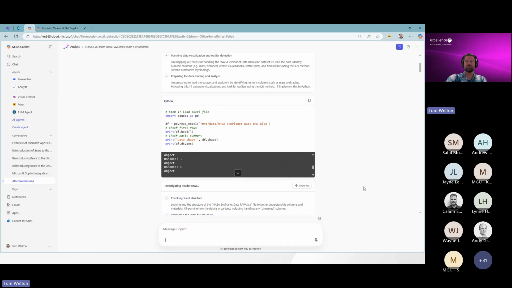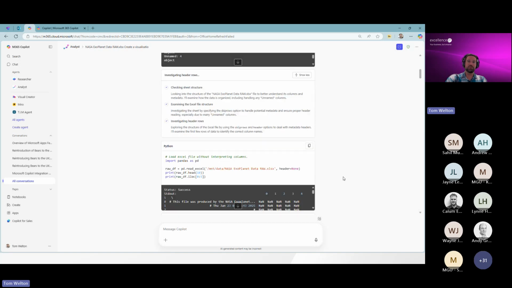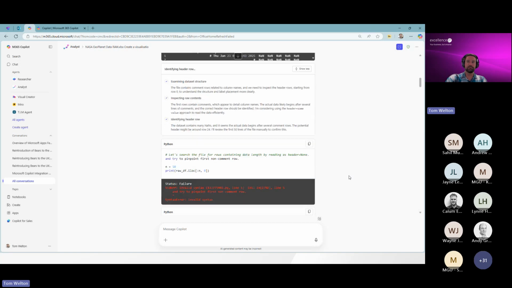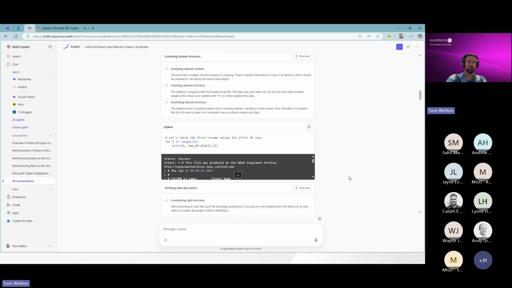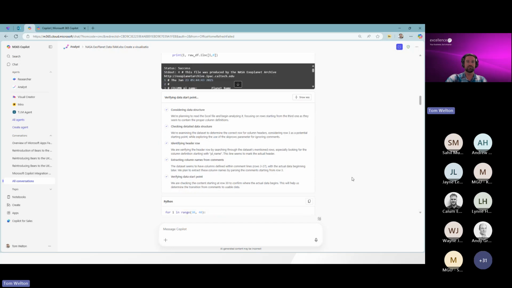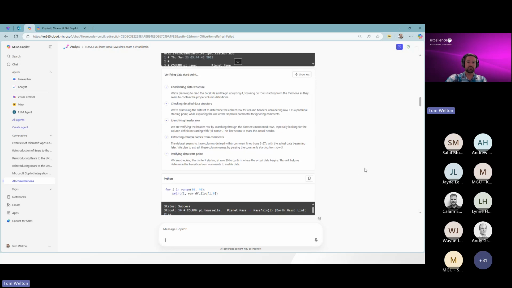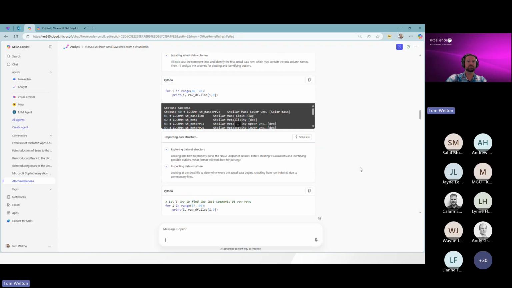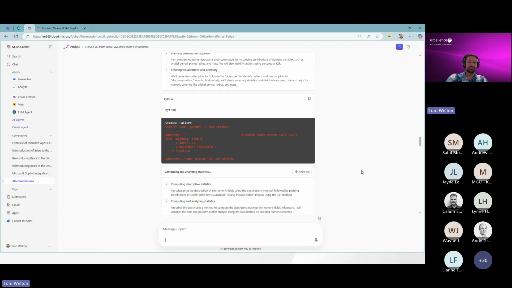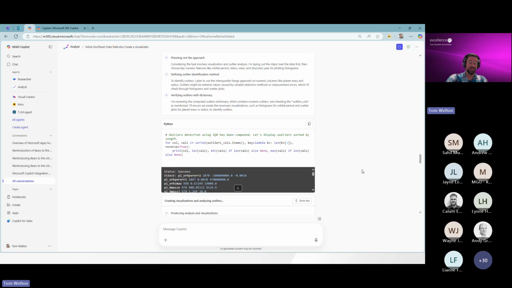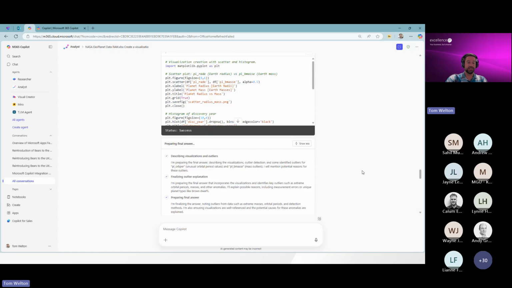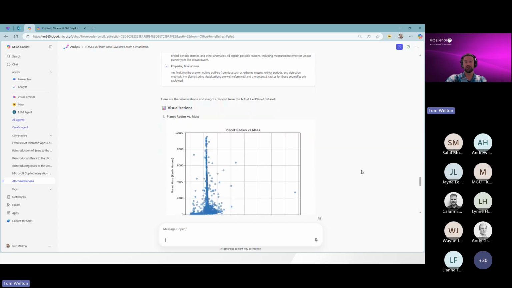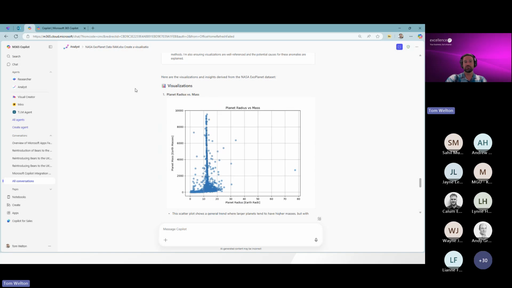You can see that it went through and it took about 10 or 11 minutes to process this sheet. I'll scroll down and show you what it did and how it maybe ran into errors. And it's looking at the data structure. I didn't even format it or turn it into tables like I should have. I'll just cut to the bottom here, but you can see it did a lot of work and a lot of thinking for me that, again, is very expensive or very time consuming, but look at what it produced at the visualizations.